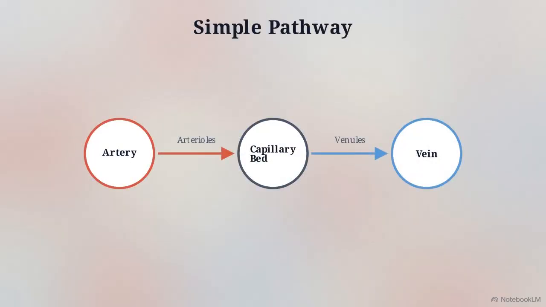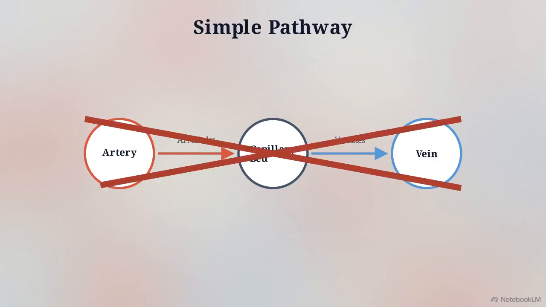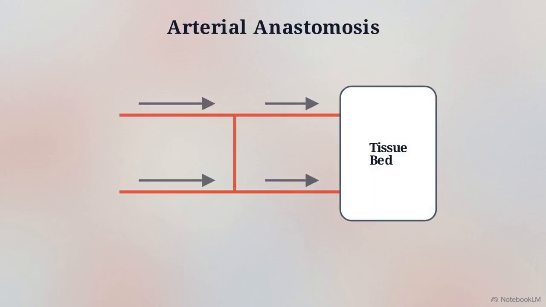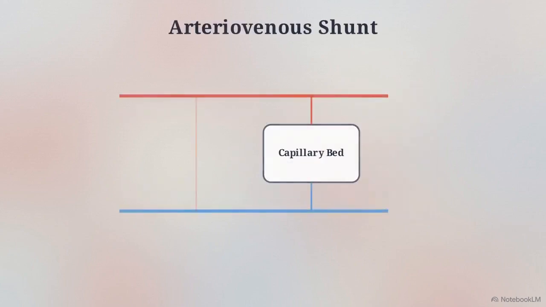Not all blood follows a simple pathway from an artery to a single capillary bed and back. The body utilizes several alternative architectural setups. Anastomoses are junctions where blood vessels directly connect. They provide critical redundancy if a primary vessel is blocked, while shunts allow blood to bypass a capillary bed entirely